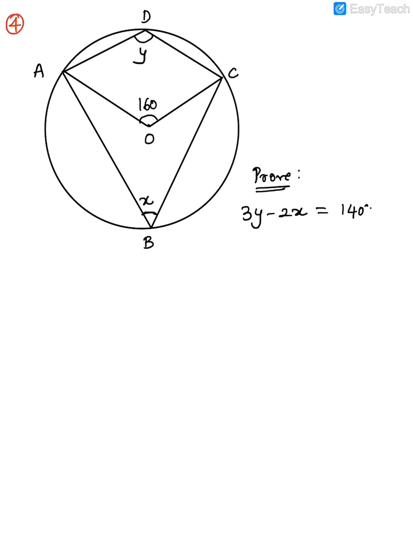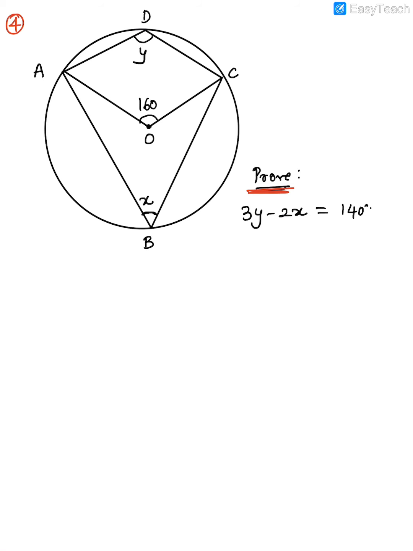So guys, out here in this problem, you have to basically find out x and y first. And once you find x and y, you can see what you're asked to prove. Okay, so you're asked to prove this, which I by mistake wrote in the black ink. 3y minus 2x is equal to 140. So I think I'll leave this problem. You want to try? It's a very simple problem. It's a board question. Again, a 4-mark problem. So try it yourself first. Pause the video.